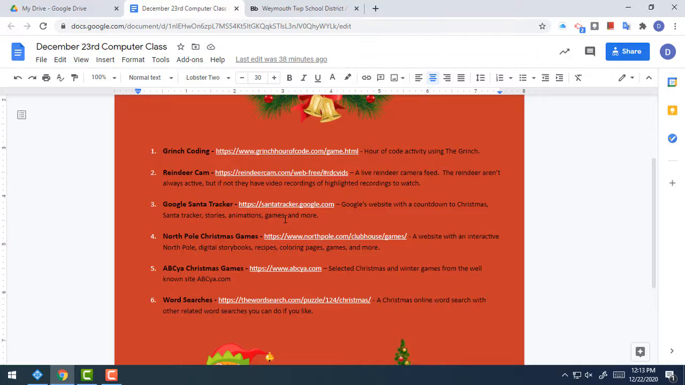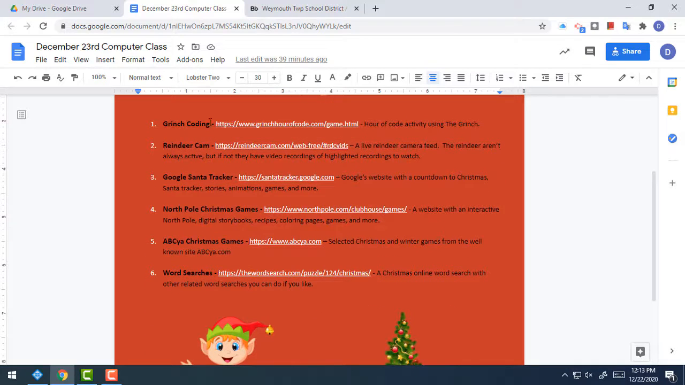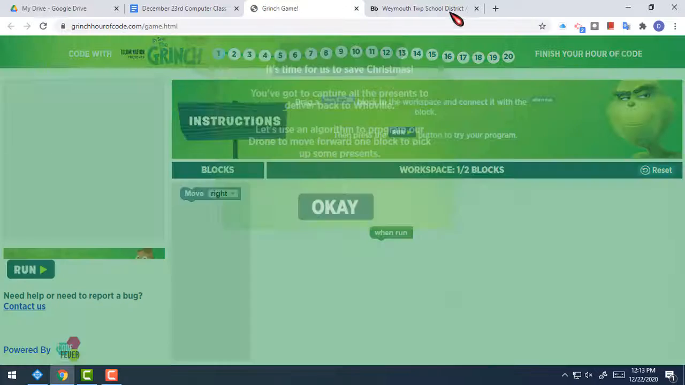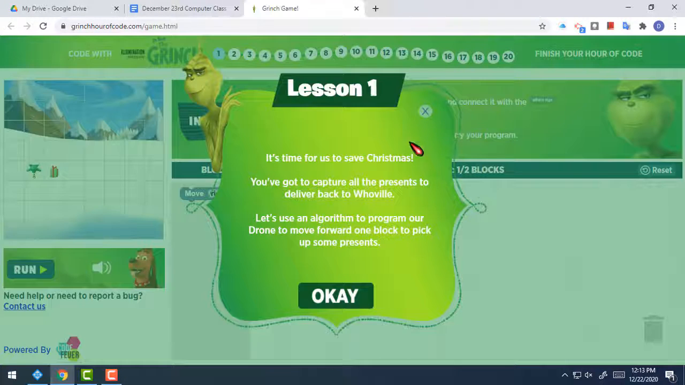So this document I made up, and it has a little name for what the site is. Then it has a link for each one that we click on, and it has a short description or a sentence or so after it. Now, Grinch coding. That falls right in line with our December Computer Science Month hour of coding lessons that we've done in school. I'm not going to talk about this one much, but just say that it looks like this,